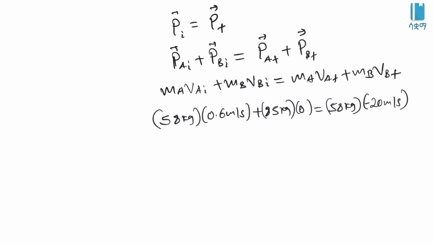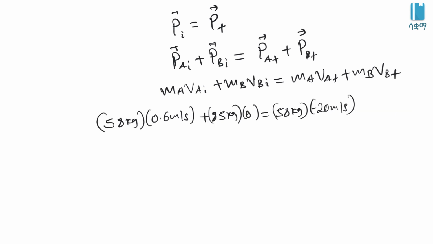Whenever you work in one dimension, I keep telling you, you can use negative for toward the left and positive for toward the right. So this is simply plus mb, which is 85 kilogram, times vb final, which is what we want. So now we rearrange. So 58 kilogram times